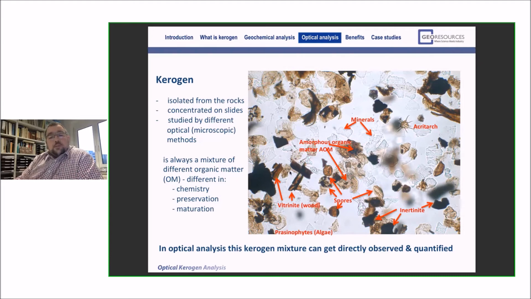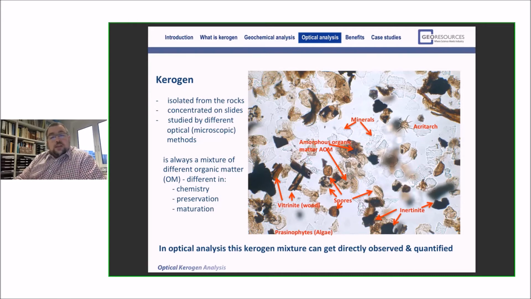And then we get out the organic matter, which is not touched by the acids, and some minerals, which are not completely dissolved. So we ignore just this, because we are interested in this brownish to black stuff, the organic matter. And we can concentrate the organic matter on the slide, and then we study this with different types of microscope. So normally we start with normal light microscopy, then we can do fluorescence microscopy and also reflected light microscopy to get all information out of the organic matter that is